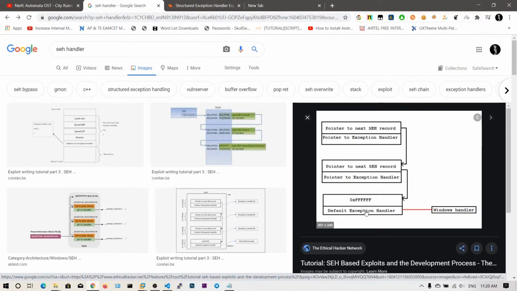This is the SEH handler, and this address is FFFFFFFF. So this is the last exception handler you will see. These are created in a last in, first out manner. That means first there will be the default exception handler, and then this record will be created, and then this one. When freeing the memory, this will go off, and this will go off, and this will remain until the program exits. So what you can do is try to overflow this SEH data also, just like a stack overflow. Now there is a structure for this SEH handler, and we are going to see it.